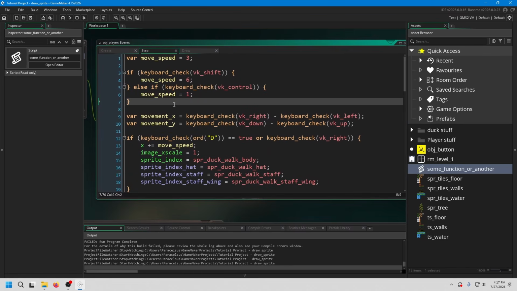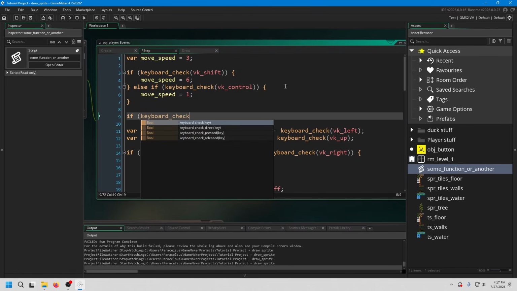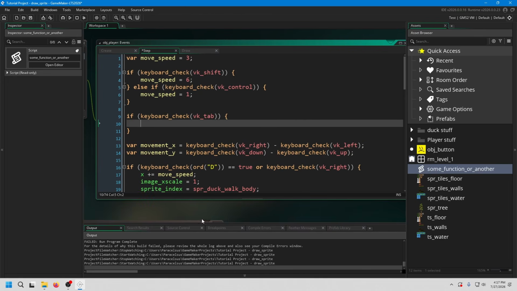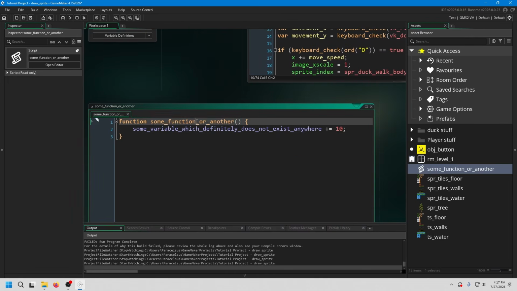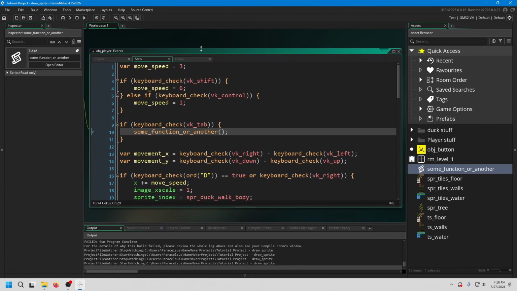I'm going to go into the player step event. I think I will say, let's say if you keyboard check VK tab or something like that. So when we hit the tab key, we can call this function like this. And when I hit the tab key now,